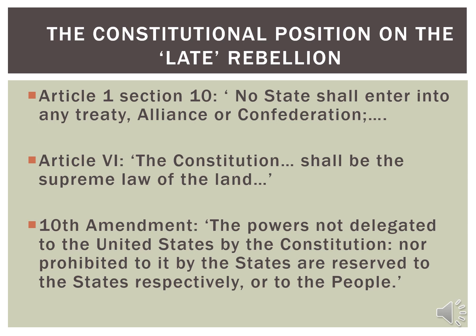So, Article 1, Section 10. No state shall enter into a treaty, alliance, or confederation, grant letters of marque and reprisal, coin money, emit bills of credit, and it goes on. Skipping down to the third paragraph, no state shall, without the consent of Congress, lay duty of tonnage, keep troops or ships of war in time of peace, enter into any agreement or compact with another state or with a foreign power, or engage in war unless actually invaded or in such imminent danger as will not admit of delay. And had the southern states done all those things? They had. The Southern Confederacy is called a confederation. It says that is forbidden.